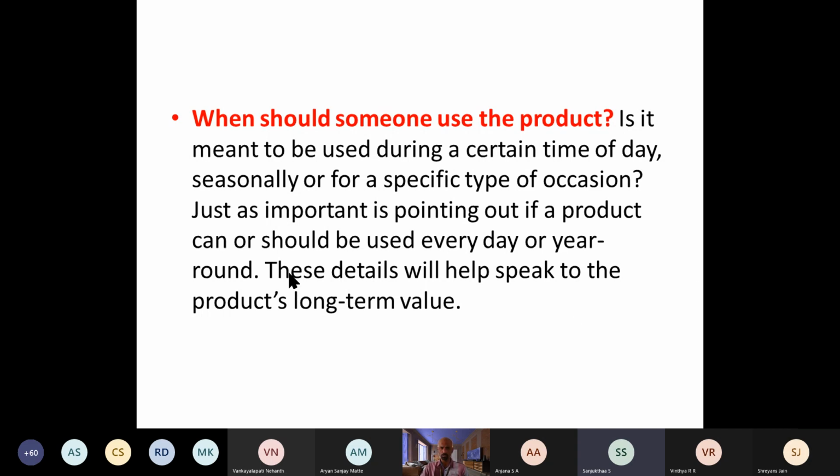And look at one more thing. These details will help speak to the product's long-term value. You can use it for almost 5 years, 10 years. Sometimes people mention those things also. It will be durable for